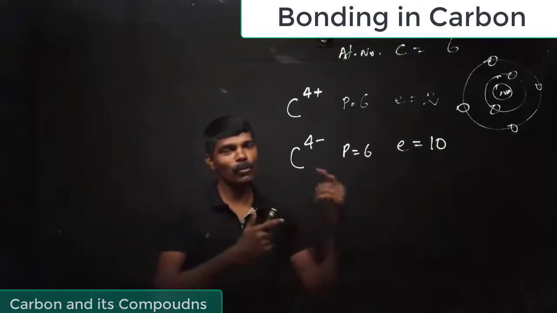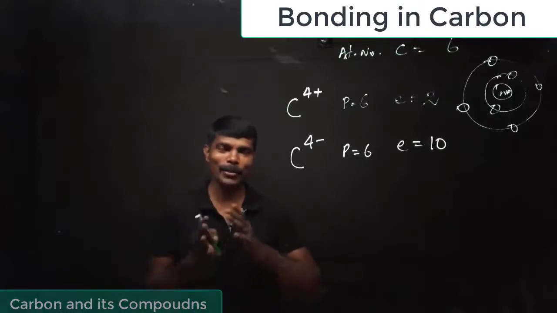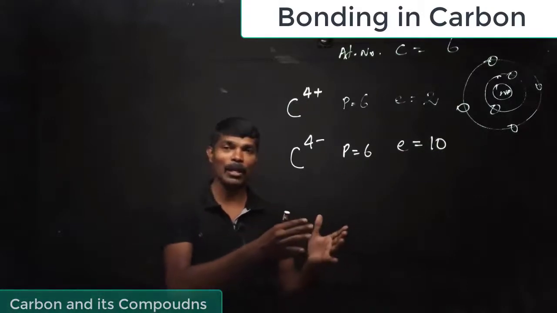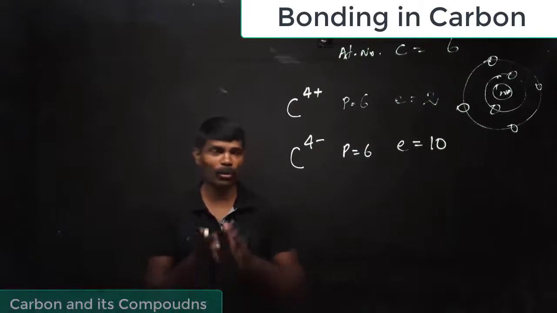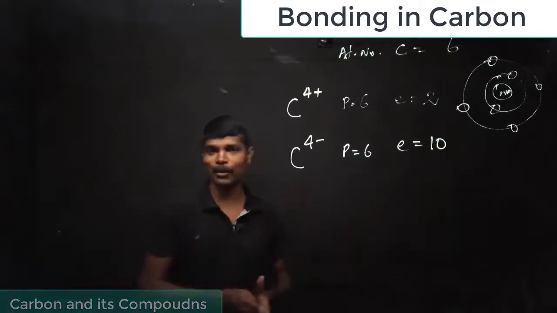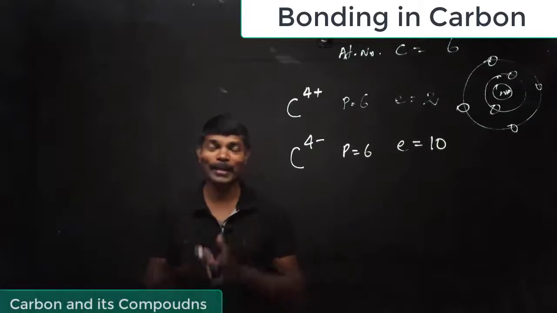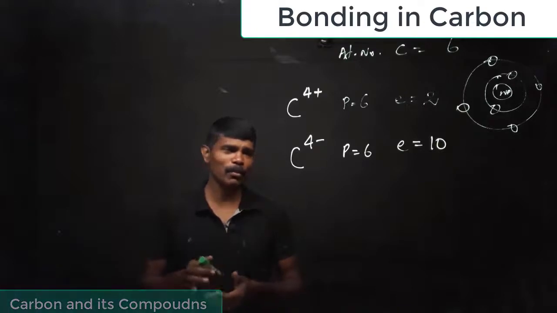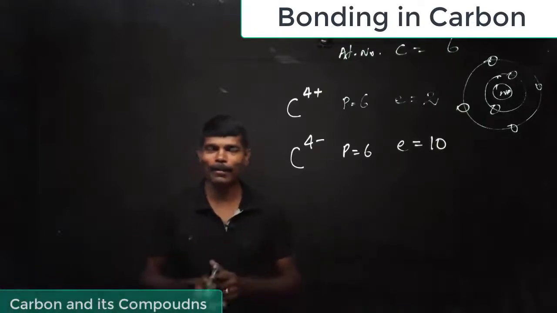So instead of losing or gaining electrons, what carbon does is it shares electrons with other atoms of carbon or other elements to get itself a stable configuration. And dear students, you should know not only carbon, there are other species that form stable configurations by sharing of electrons. So in this episode, let us understand some familiar examples of how elements get a stable configuration by